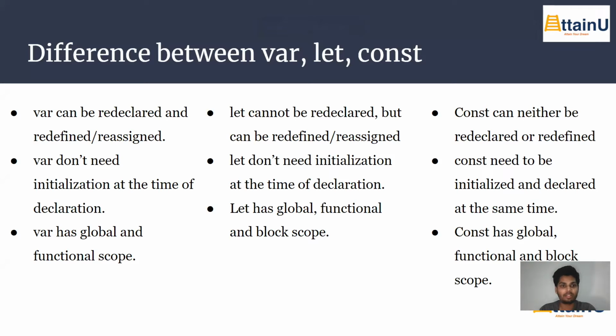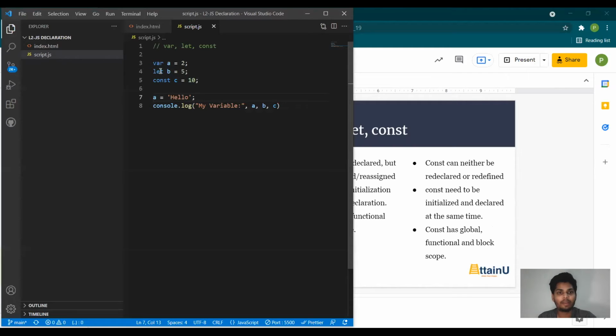Let's see what this statement means. When we write a variable, let's say var a, this part is called declaration. So basically the declaration for a is var. Var has been declared. I'm sorry, a has been declared. Same if we remove this part, now you can say b has been declared. And same with c, if I remove the 10, you can say that c has been declared. Now when I say c is equal to 10, it means that it has been defined or it has been assigned a value. Same with the other things, right?